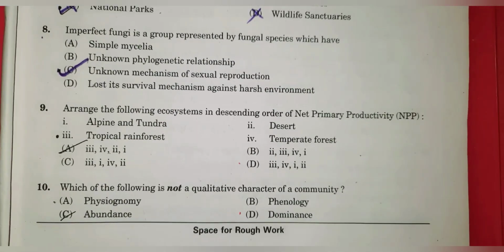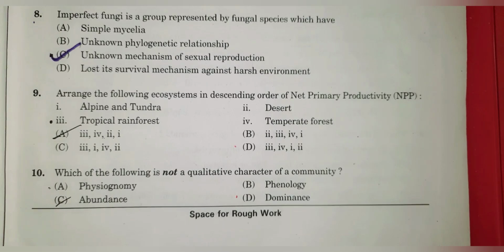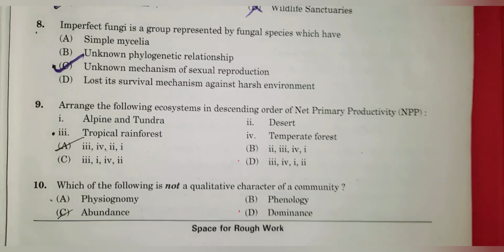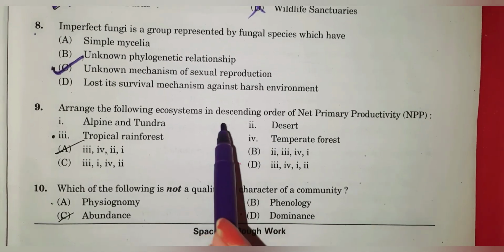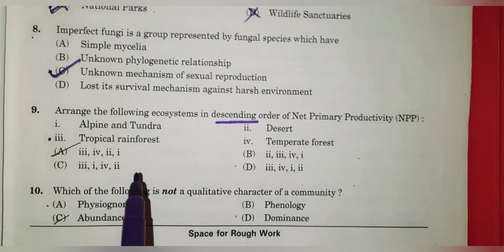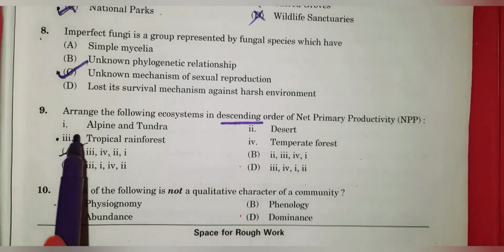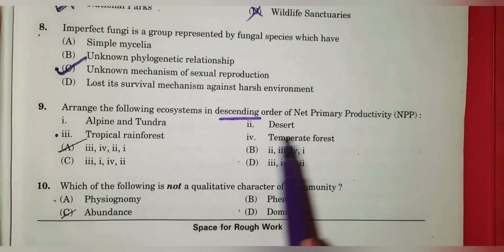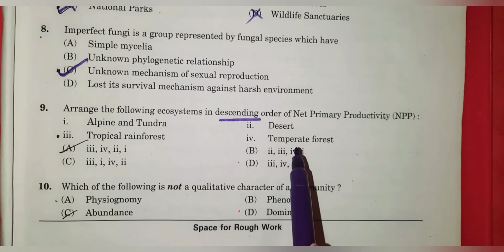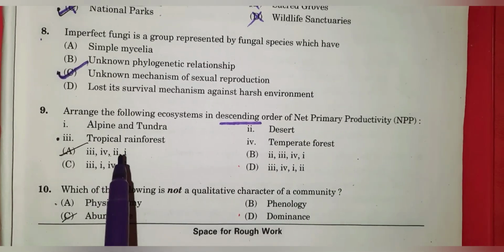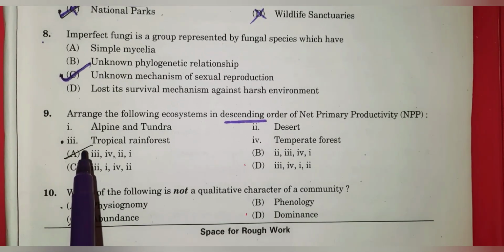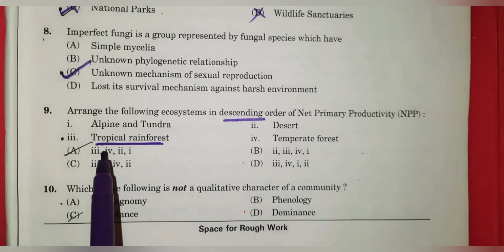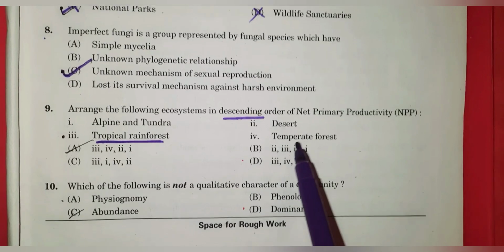Next, coming to question number 9. Arrange the following ecosystems in descending order of net primary productivity or NPP. Okay. Note the word descending order. So you'll have to find out which among the following, like alpine and tundra, desert, tropical rainforest and temperate rainforest, which among these four has the highest NPP. Okay, as we all know, it is always the tropical rainforests that have the highest net primary productivity, followed by